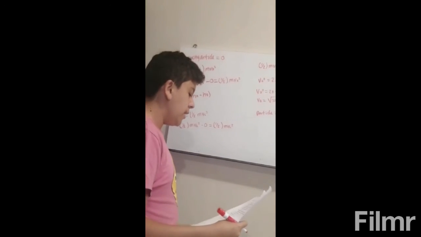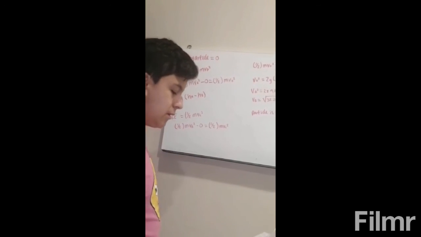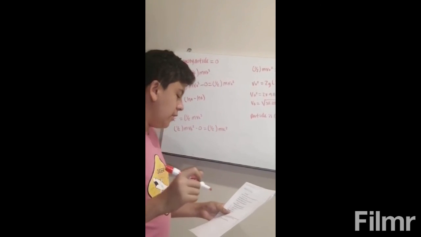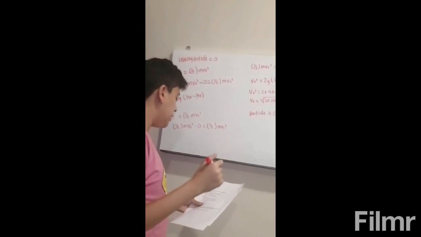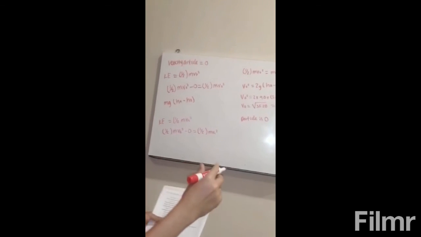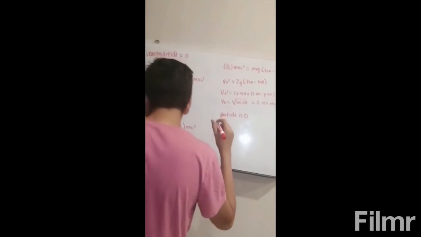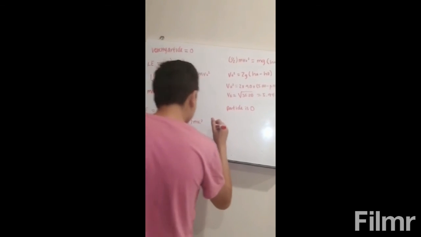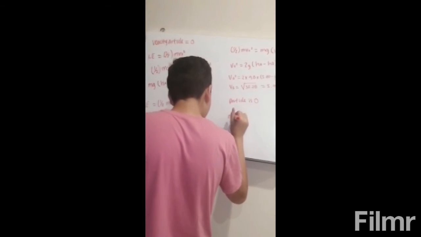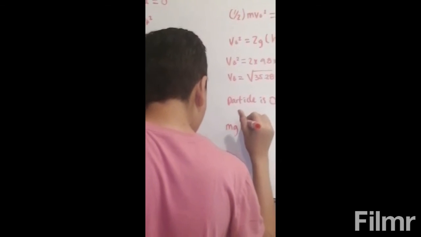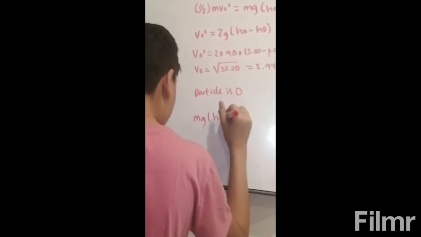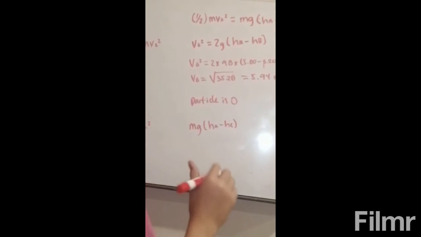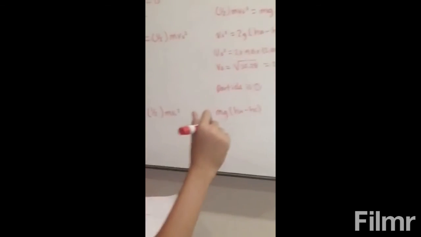Vertical height of the particle at A is HA and at C is HC. Hence, loss in height from A to C is HA minus HC. And hence, loss in potential energy from A to C is mg(HA minus HC). So according to the law of conservation of energy, we